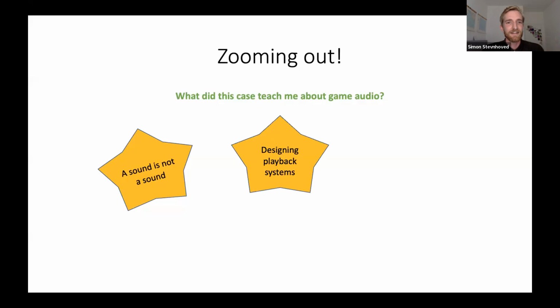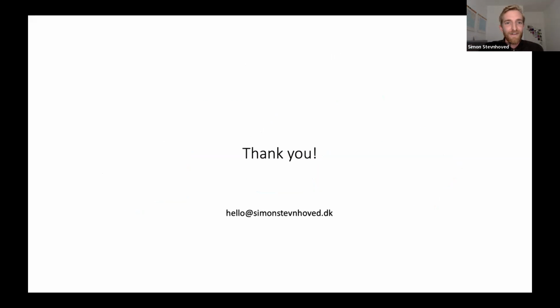And then a lot of the time, making sounds for games is about designing systems as well, like setting up a bunch of rules and testing out and seeing what works, what doesn't work, which is the third point, that you end up iterating a lot. And even if you think you've got a good solution, you test it out, you play the game, see how it feels, find all the issues, and then you iterate on it again. And for every iteration, I feel like there's new issues popping up that you need to fix. So those are the little 3 stars, and that's pretty much all I had to say.